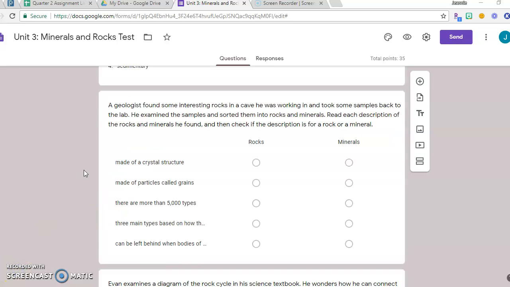Our next question. A geologist found some interesting rocks in a cave he was working in and took some samples back to the lab. He examined the samples and sorted them into rocks and minerals. Read each description of the rocks and minerals he found and then check if the description is for a rock or a mineral. So you're going to get a list, you're going to get a description. You need to tell me if that is describing a rock, which is column 1, or a mineral, which is column 2. Okay, the first description, made of a crystal structure,